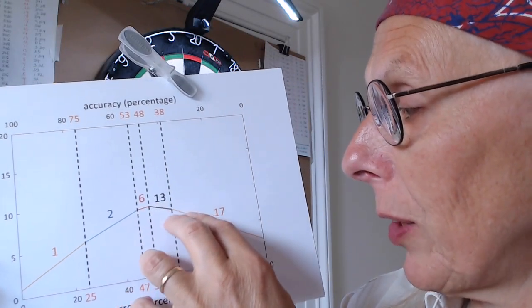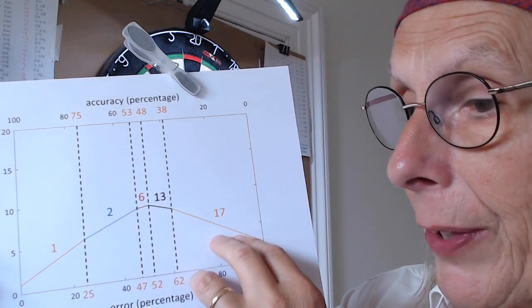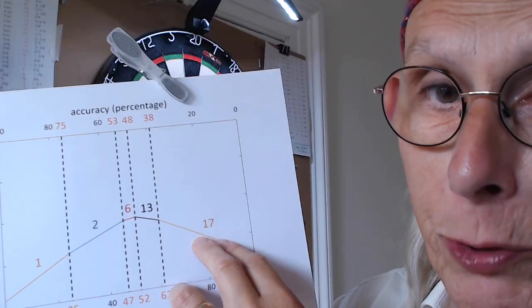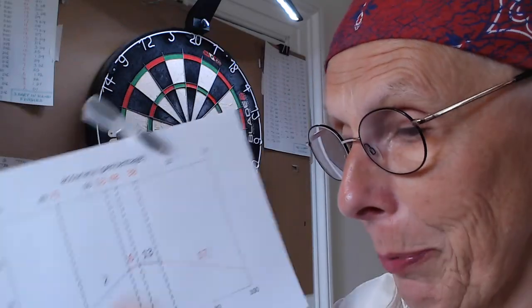But notice how it then starts to come down again. So for really weak players, they will score badly if they aim for the 17, because they won't hit it much and they'll hit a lot of 2s and 3s, okay? But the reason I wanted to show you this is because if I put these two curves together on one